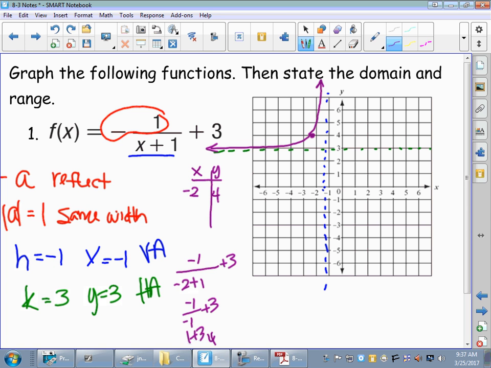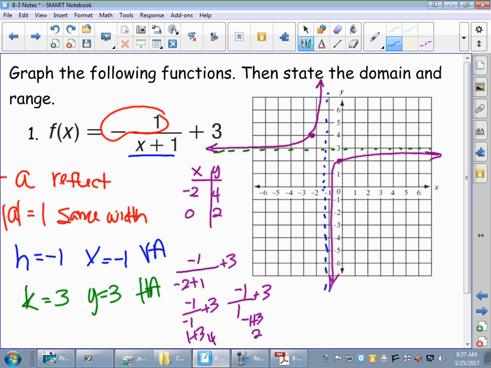So when I plug in 0, when I use the equation, I'll get -1 over 1, because 1 plus 0 is 1, plus 3. So that's -1 plus 3, I get 2. So (0, 2) is the beginning point on the other side of my hyperbola. Now that I have that point, I'm going to approach the green line from underneath, and I'm going to approach from the right. And there is your